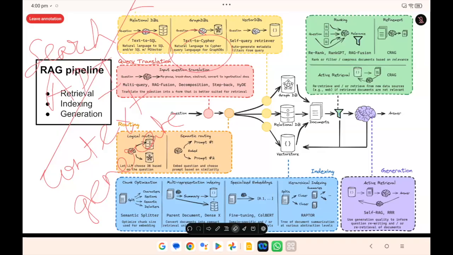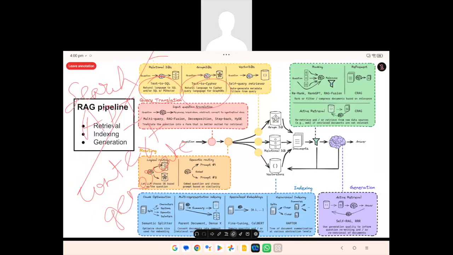So what is retrieved for my question, I have very good control. But if you go for the internet, again you need to do some kind of text post-processing, context post-processing, to filter out and get the context ready. So a database or internet is fine, but for RAG mostly we go for vector DBs or graph DBs.